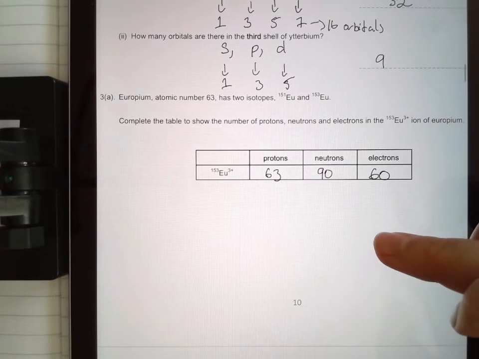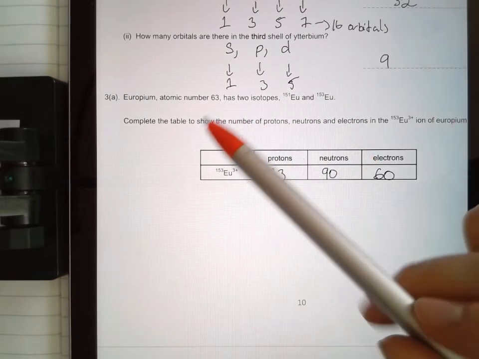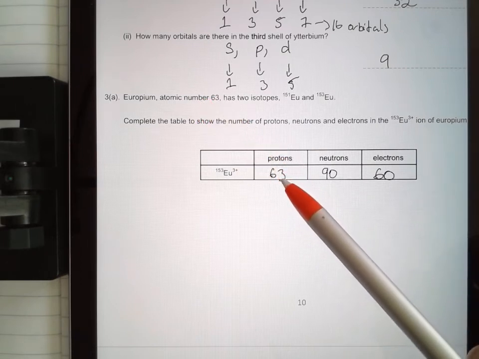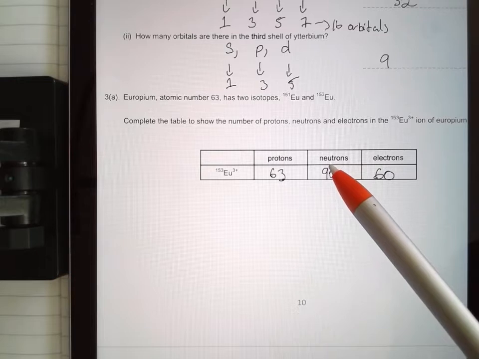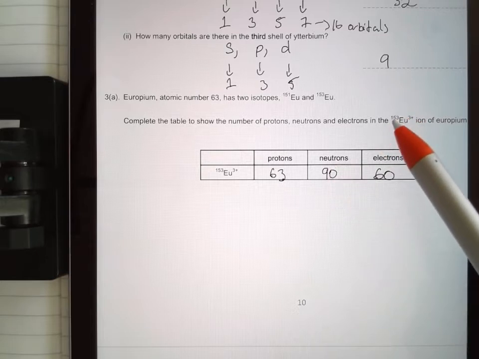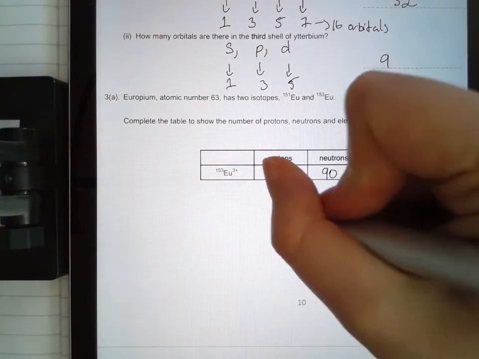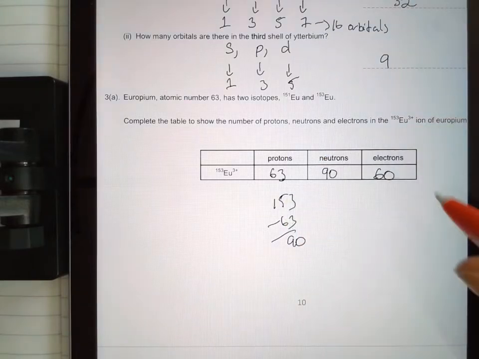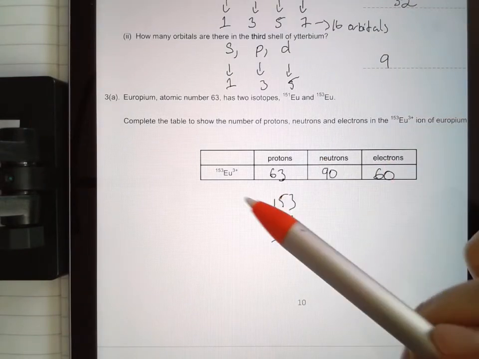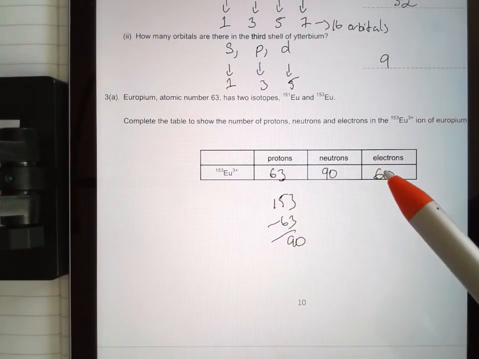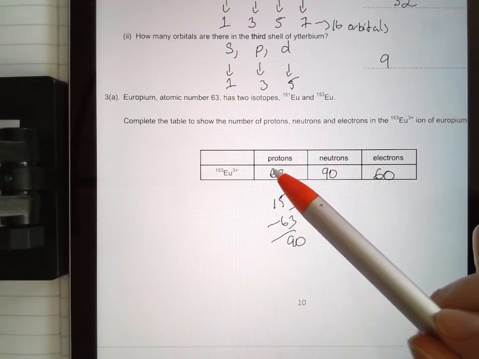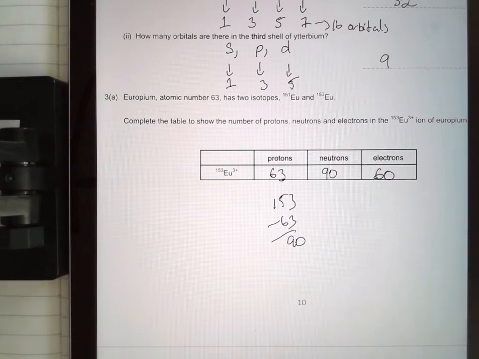Okay, in question 3, this should be straightforward. You're told the atomic number is 63. The atomic number tells you the number of protons, okay? When you want to find the number of neutrons, they're telling you you're looking at 153 as your mass number. So it's mass number 153 minus atomic number of 63, and that gives you 90 for neutrons. For the electrons, if this was an atom, okay, you would have 63 electrons, but it's an ion. They've told you you've lost 3 electrons, so you did have 63, then you lost 3, you are left with